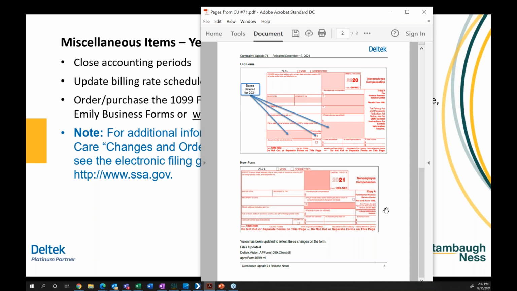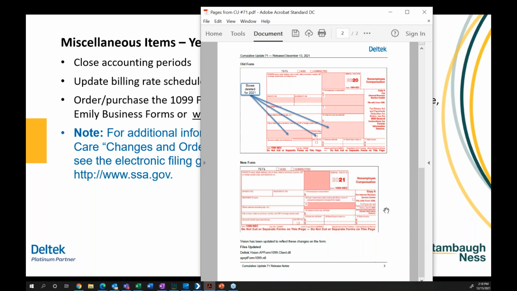As Seta said, we do our best, but we're not CPAs, we're not tax advisors. We have another group in our organization that does those things. So make sure that you're kind of staying in tune with those advisors or those folks in your organization that keep their finger on the pulse of these changes.